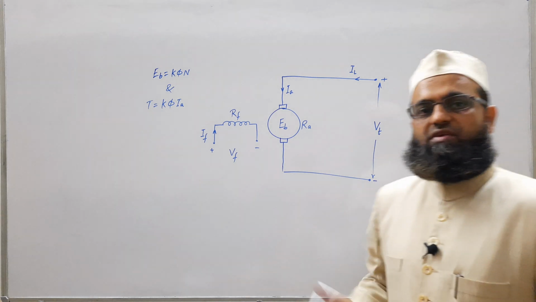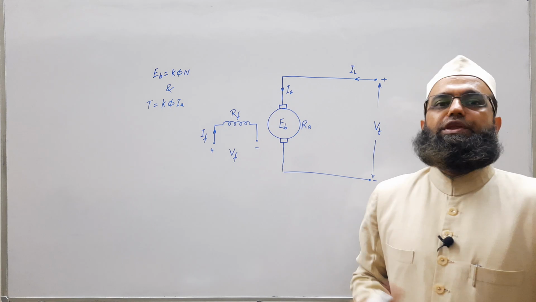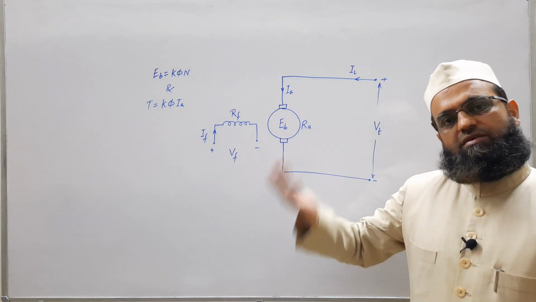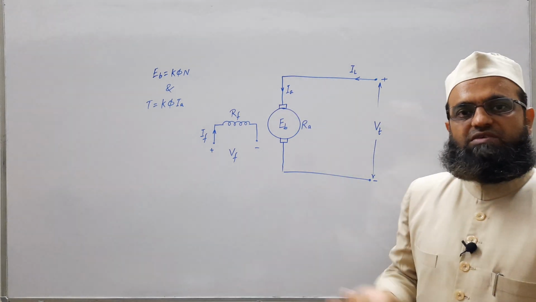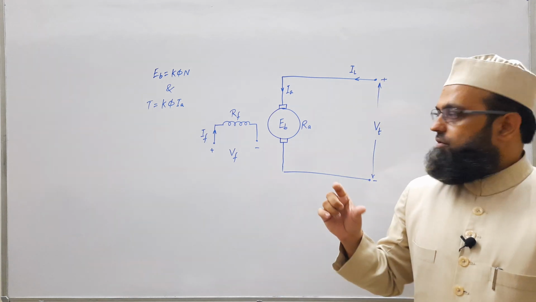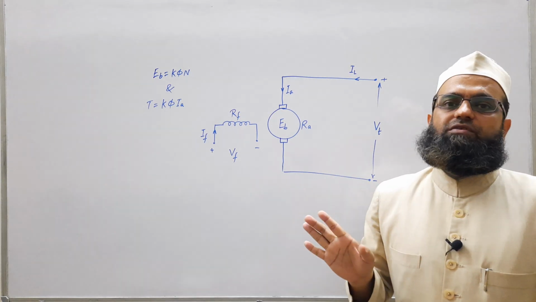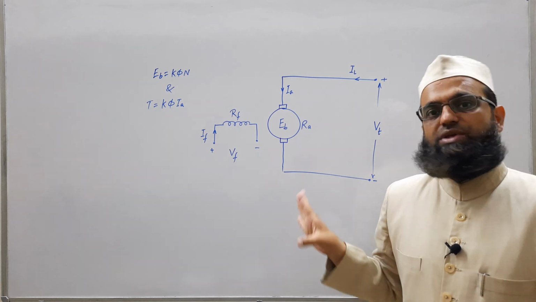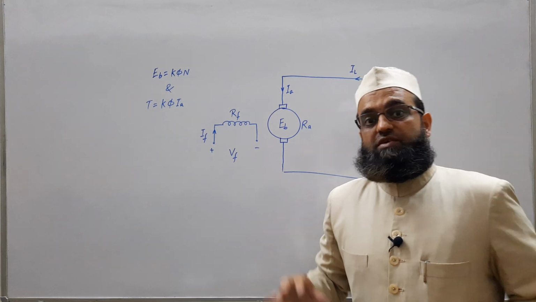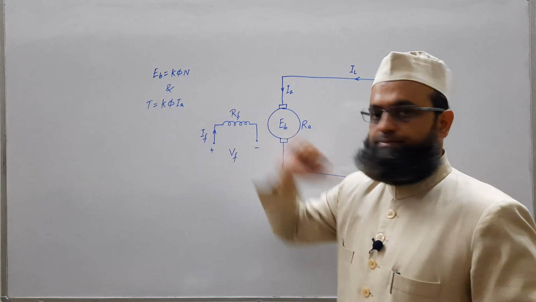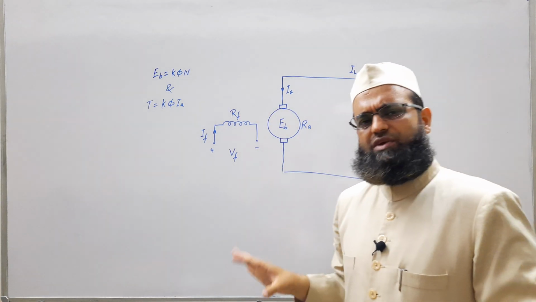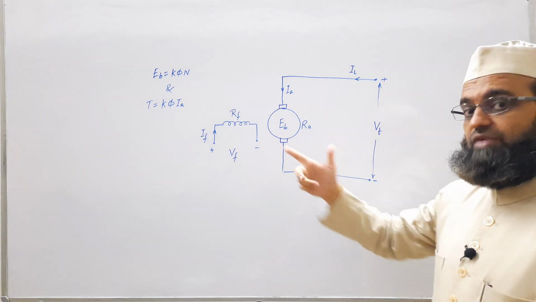Out of two effects, one effect was flux weakening. At no load, no problem, but as soon as load current increases, Ia increases, the effect of armature flux on field flux decreases the main field flux. That is known as the flux weakening effect of armature reaction. So as long as the effect of armature reaction is ignored, phi will remain constant. In general, phi will remain constant, by default, unless stated.